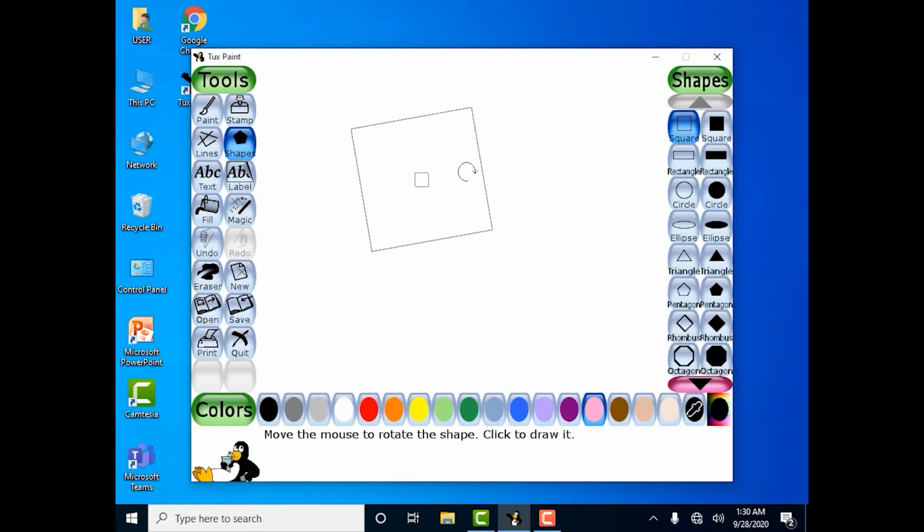When you have completed the square, now you can see a spin arrow on the drawing area which is used to spin the image at any angle from the center point. Try spinning the arrow in any direction to spin the square. Once you are done, click in the drawing area to see the final image.